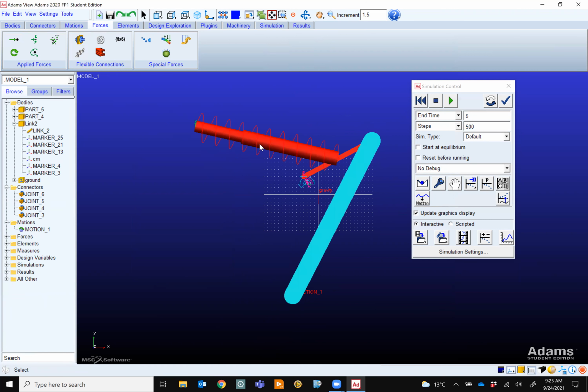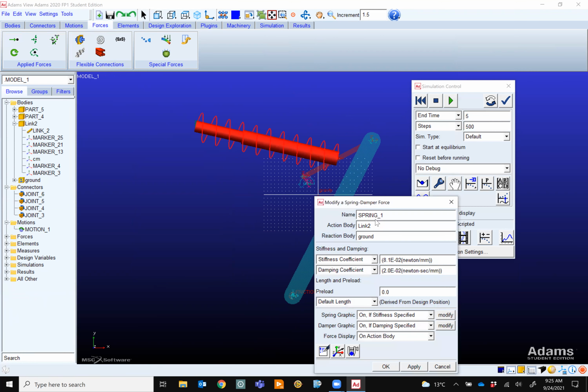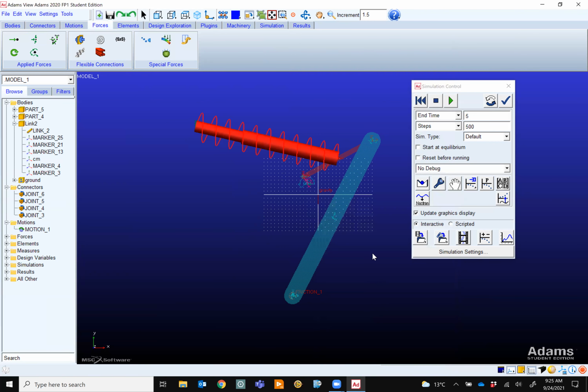You can right click and modify the spring. For a spring, you have spring stiffness and damping. You can set them to 0, or you can have a value for them, right? So maybe this is small, let's make it 1. Okay, so let's run the simulation for now and see what will happen.